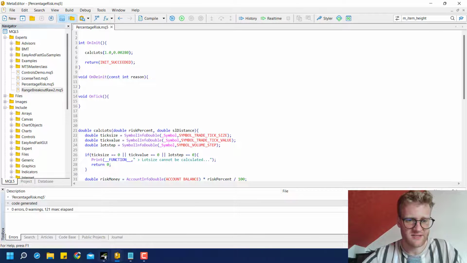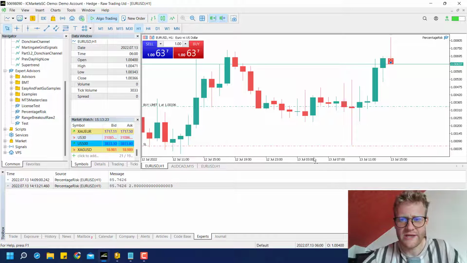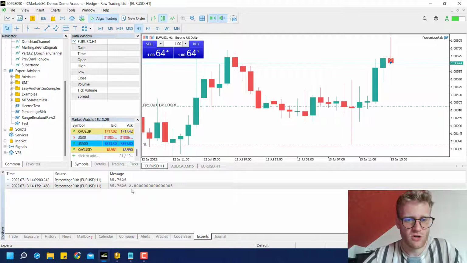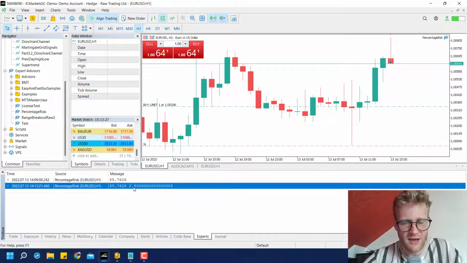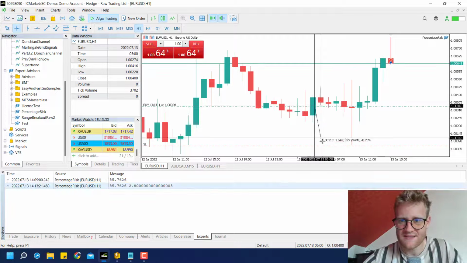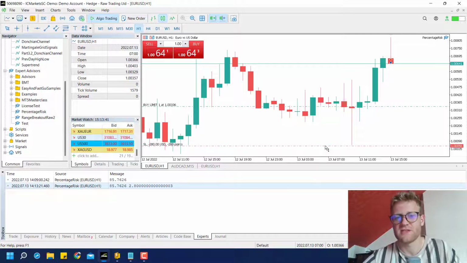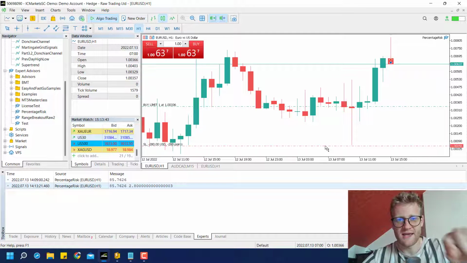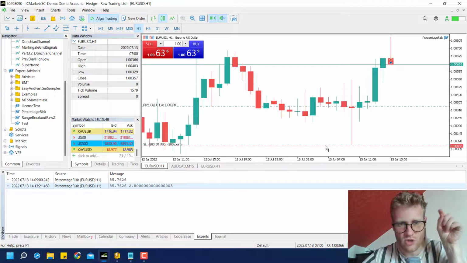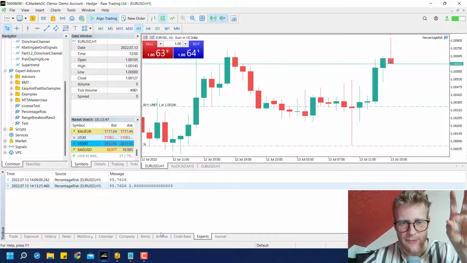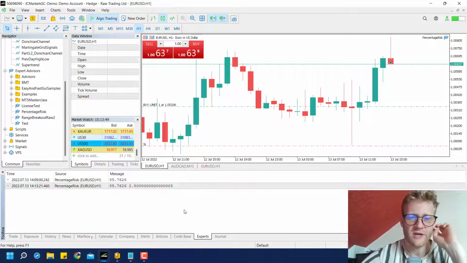0.00280. If we compile this, we can now see that we would lose $2.80 if we would trade this distance using 0.01 lots. And if we drag and drop this, we can see this is correct, because if we trade a complete lot, like we did here in this example, we would lose $280, but if we only trade 0.01, we would lose